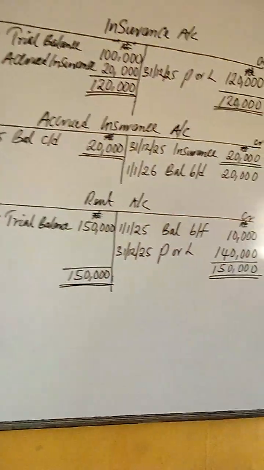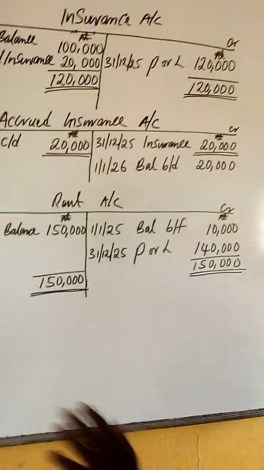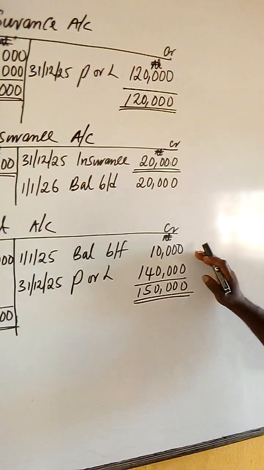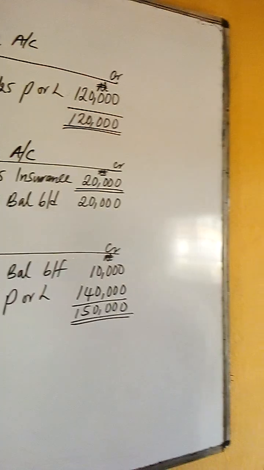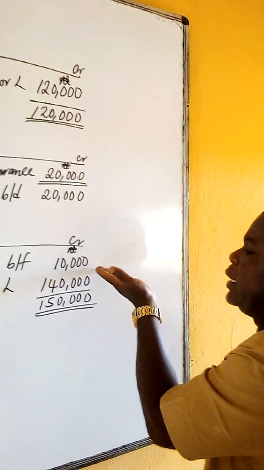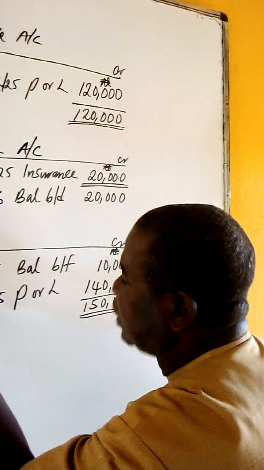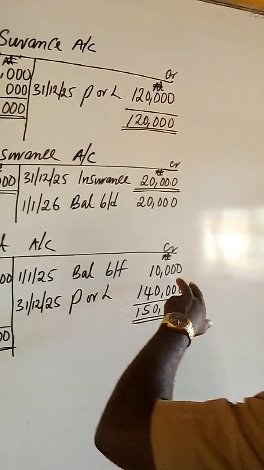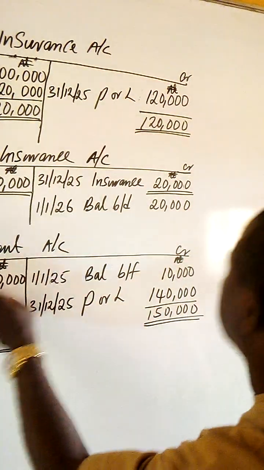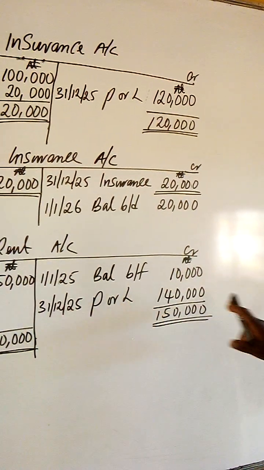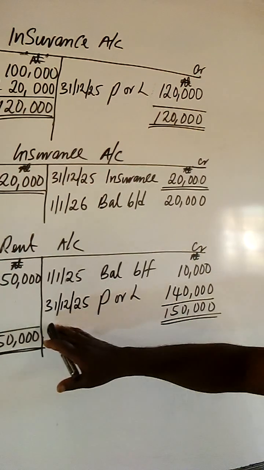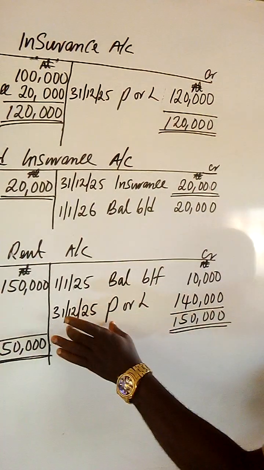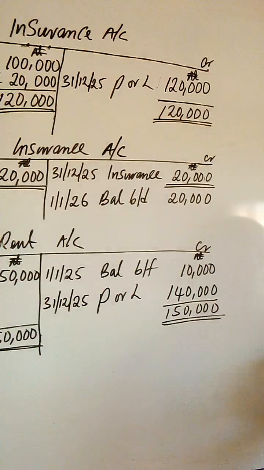Then in this way, mind you, I told you that in this area, any rent owing the previous year should be deducted. Looking at the rent account, the 10,000 on the credit side and the amount paid on the debit side, you then balance it. By balancing, you are deducting: 150,000 minus 10,000 gives you 140,000, meaning this is what you are going to charge in the profit or loss account. Then in your profit and loss account, what will be found under operating expenses as far as rent is concerned will be